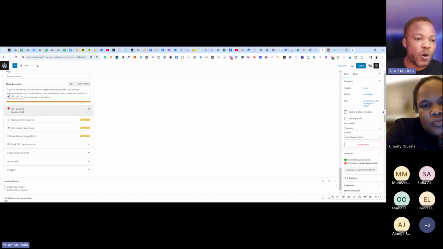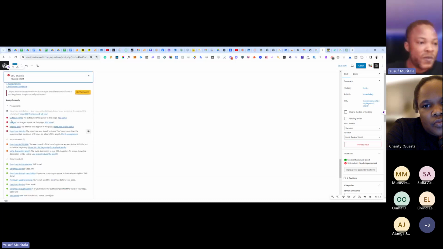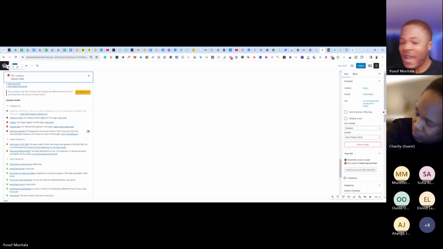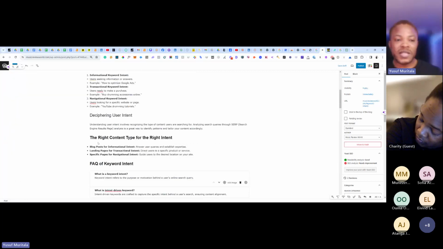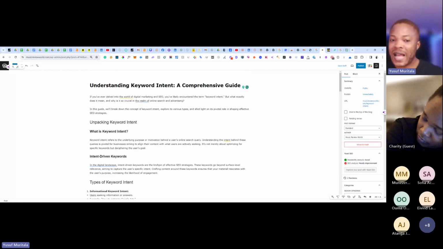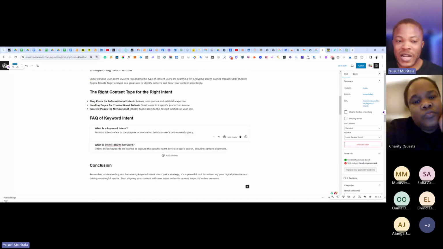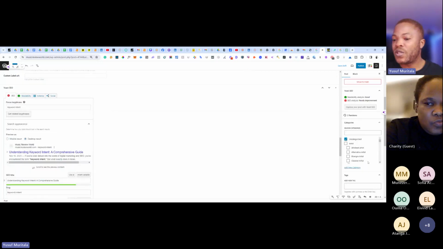So now it will show here the SEO analysis, right? You can come here, it says outbound link. You understand? No outbound link appears in this page, add some. Image, no image appears on this page, add some. Interlink does not appear on this page. Key phrase density, the key phrase was found 14 times. That is way more than the recommended maximum of 8, right? So now what we want to do is get rid of the multiple keywords that they said is too much, and then we will put the image.